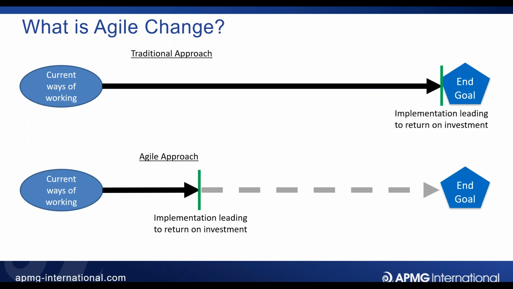The next thing to say is that agile change refers to the incremental nature. The agile in agile change really does mean incremental. The traditional approach is where we've got our current ways of working and we want to move to some new vision, some new end goal. Well, that traditional approach comes with a lot of risks. And I think organisations have had a sharp learning curve on some of those risks in the last year or so. The first is that there's a risk that the end goal is no longer relevant